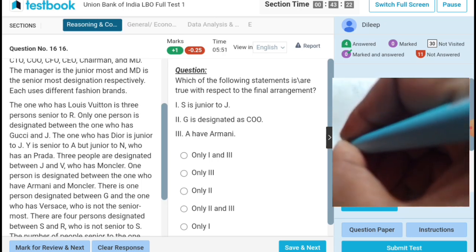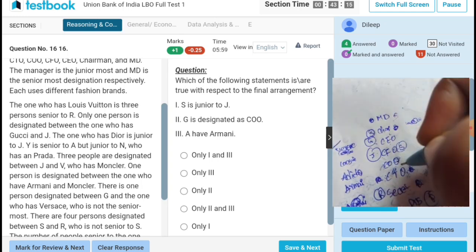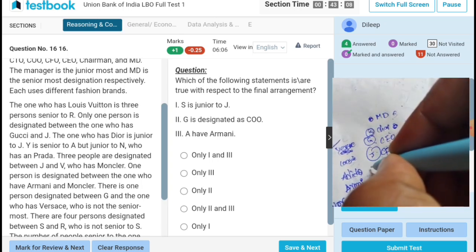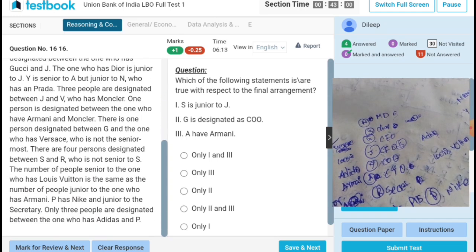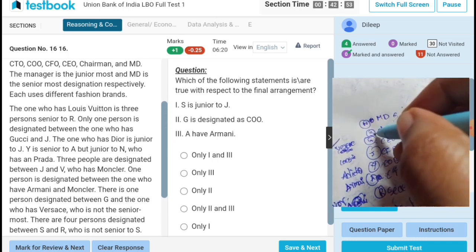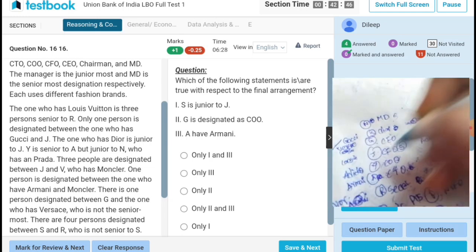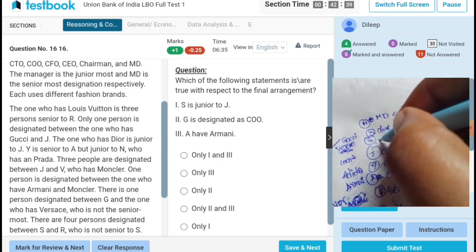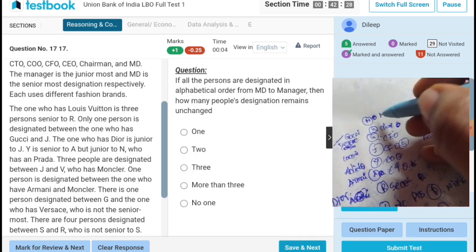G versus... So D are junior to J. Y is senior to A, junior to N. S is junior to J. G is designated COO. A is only 3. If all persons are designated in alphabetical order from MD to manager,